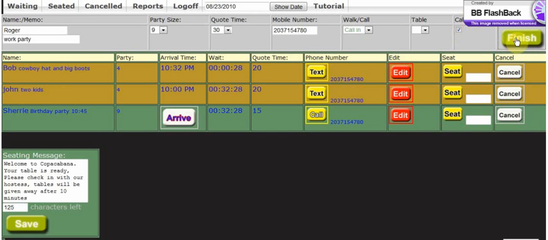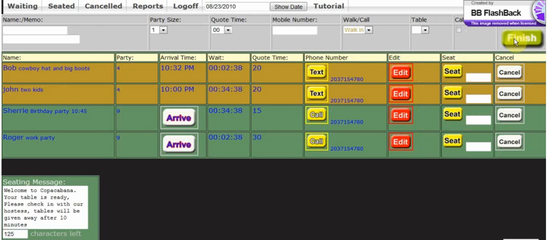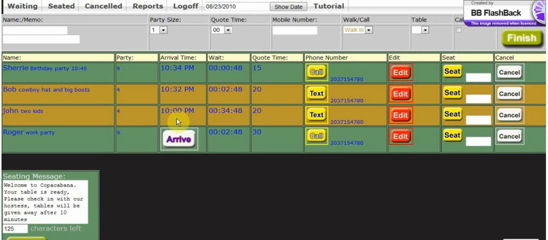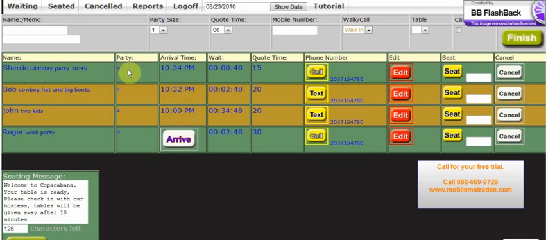So you can see when the call aheads are queued up, they have the arrive button. Now let's say Sherry has arrived, so click arrive. And what happens here is Sherry's automatically queued up at the top of the wait list since she did call ahead. Now it's up to the host whether she seats her first or not. So in this case, we're going to go ahead and seat Sherry,